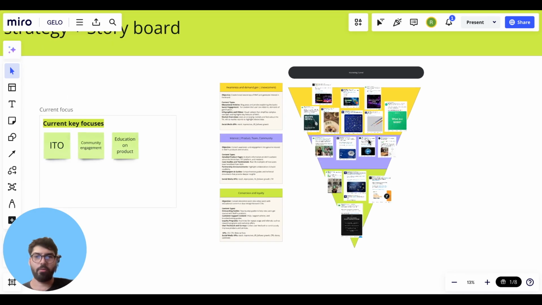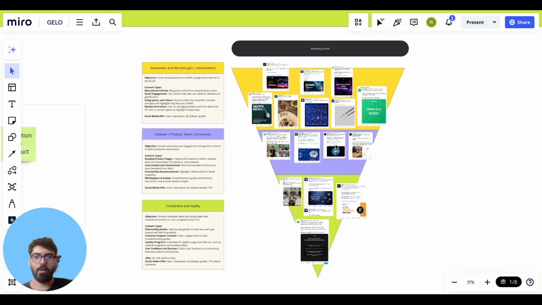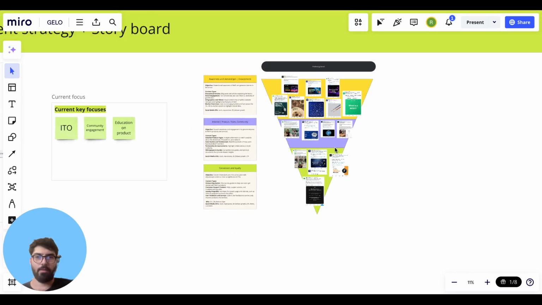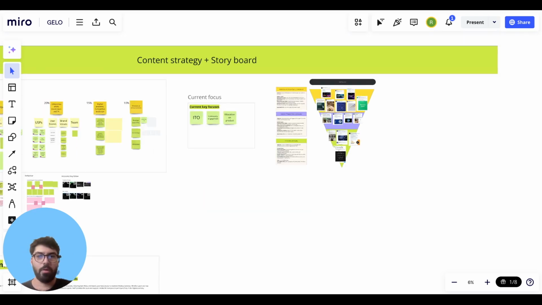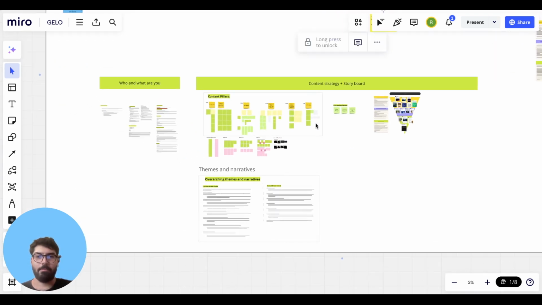So as we just saw, this is the content funnel that we use, showcasing that all our content should be adhering to this funnel, aligned with the goals, and ensuring that we are taking users from just coming across the brand, nurturing them, and then obviously converting them into the community or into a paying customer of some kind at the end of the day. So that's pretty much everything mapped out right there.